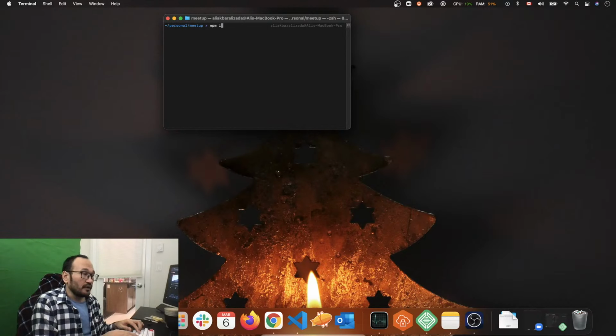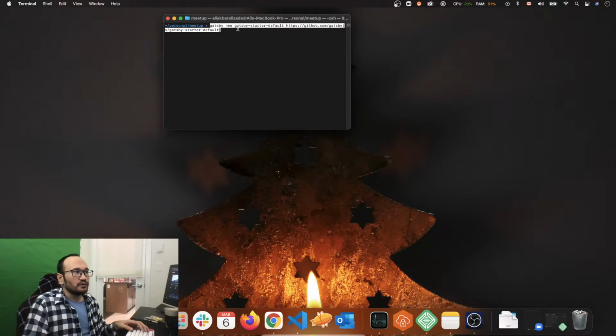Right now I'm doing it: gatsby new, then the name, then the starter repository. Technically, this says make this directory for me, and you can name it anything you want, to be honest, and then copy from this repository and install it. So I'm just going to install that.